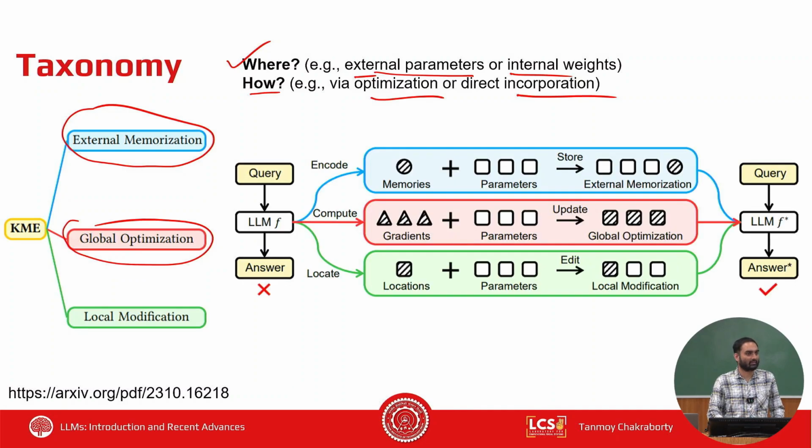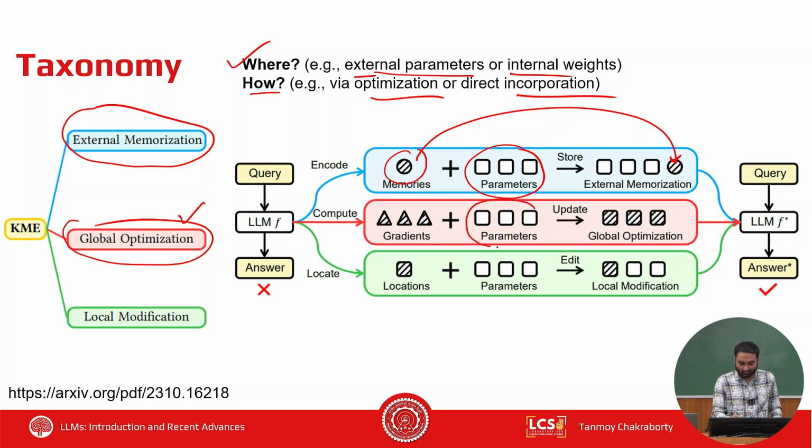This is a pictorial depiction of the update, the one that I just mentioned. Look here. In external memory, these are the LLM's parameters, and this is the memory that you want to add, some sort of cache memory where the edited knowledge will be stored. So this will be added here, and now your parameter space has increased. The parameter space consists of the original parameters as well as the updated memory.